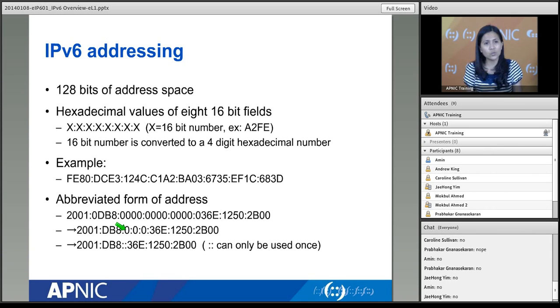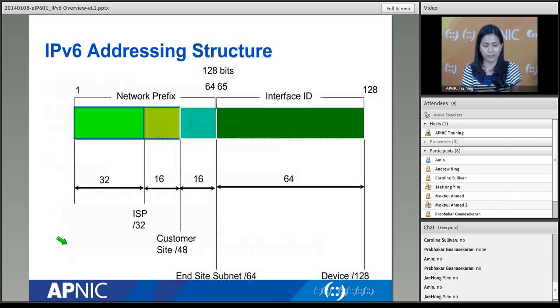So what can you do? You can just remove all of that and replace it with a double colon. So IPv6 is kind of known for that double colon symbol. So you have this address. You can easily know that this one actually represents 3 fields because this entire thing must have 8. Okay, so that is your IPv6 address there.